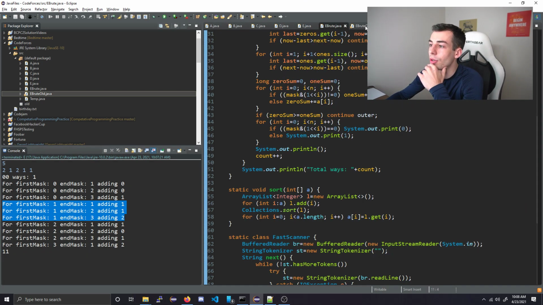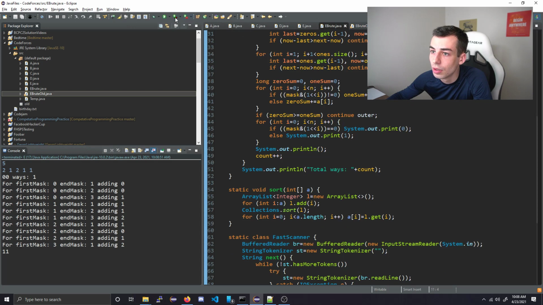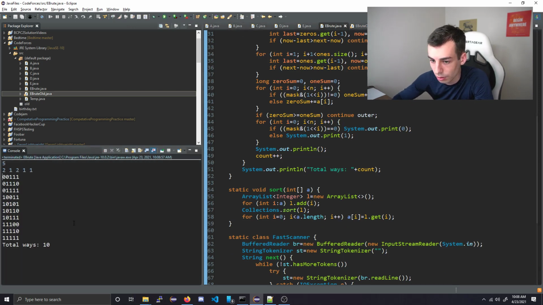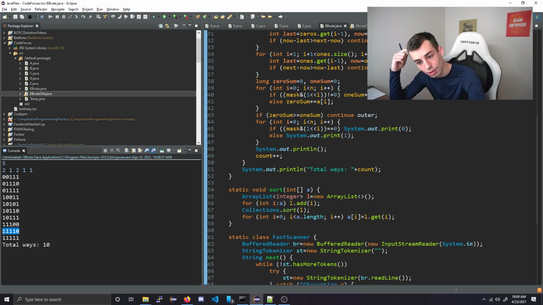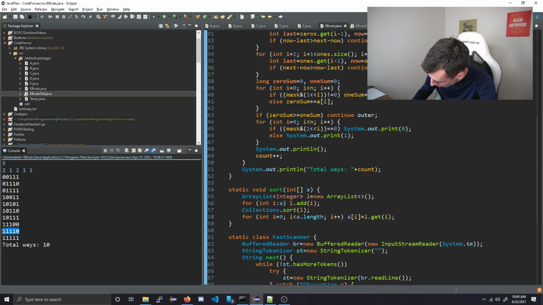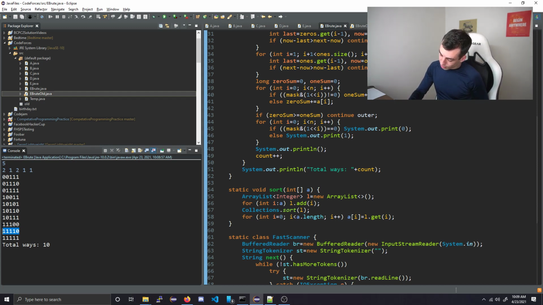Oh, man. Okay. So the 3's are wrong. So this ends in 0, 0. Okay, all 1's, there's one way of doing that. Ends in 0, 1. Yeah, so this should be one way of doing 1, 1, blank, 1, 0. Why is that? Because if this is a 0,